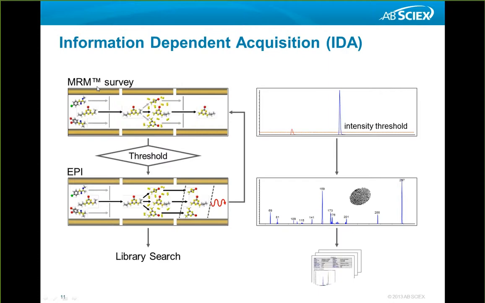The QTRAP instrumentation here for marine biotoxins will operate in a kind of MRM survey scan. You have seen the chromatograms already where we are detecting peaks. Once we have detected peaks above a certain intensity threshold, we are automatically triggering our so-called enhanced product ion scan. The enhanced product ion scan on the QTRAP is a fingerprint spectrum that we can use, for example, for library